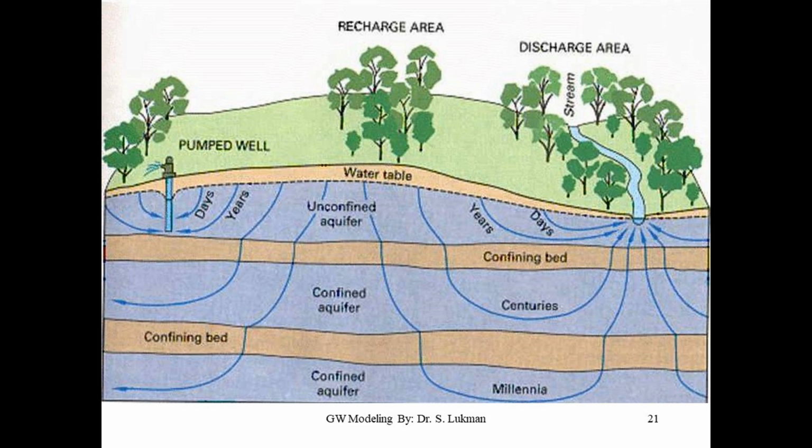We are going to discuss this, because you see this is the confining bed, which is an aquitard, and then this is another aquifer, and this is another one. Here it is assumed that when you have a lot of abstractions, the water level will reduce and affect this, but that is really simplified. We will expatiate more as we move on.